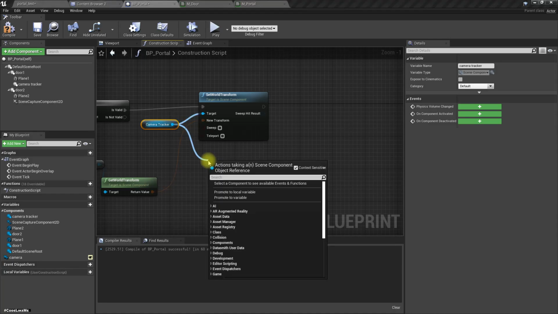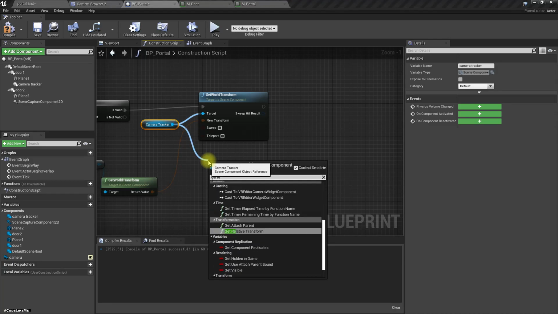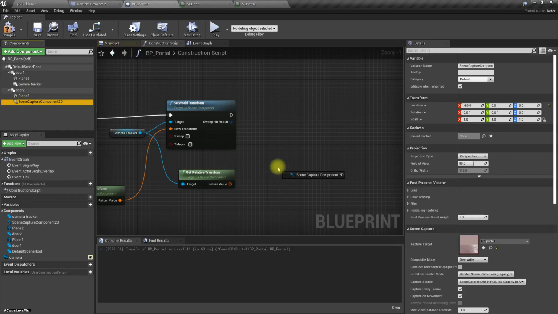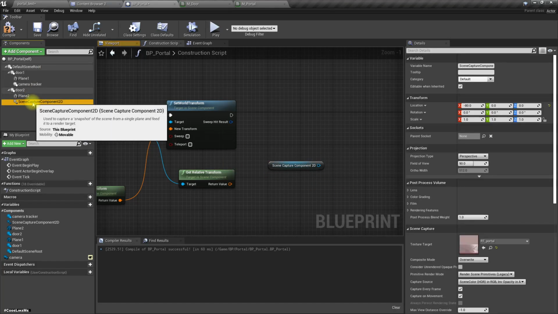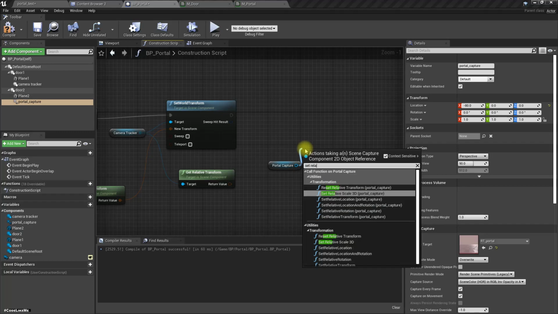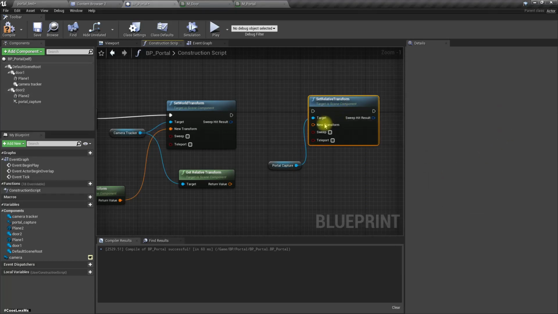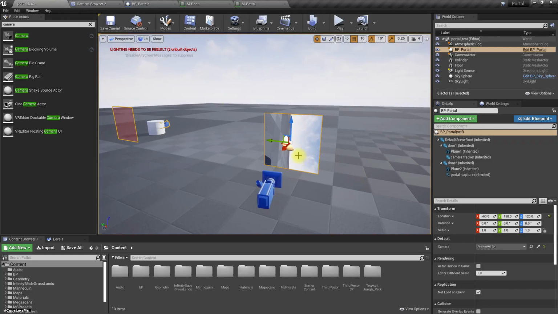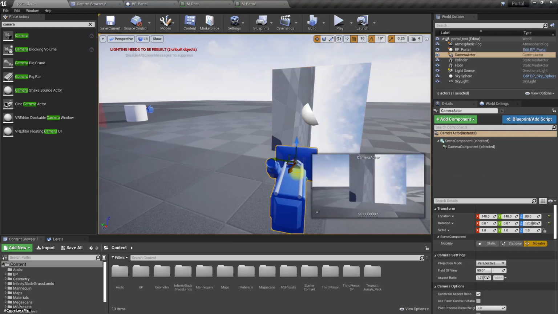Right, then get relative transform of the camera tracker and set, shall we call this portal capture, set relative transform of the portal capture object same as the camera tracker. So we can get the same location and rotation in the relative space to the capture component. Right, now